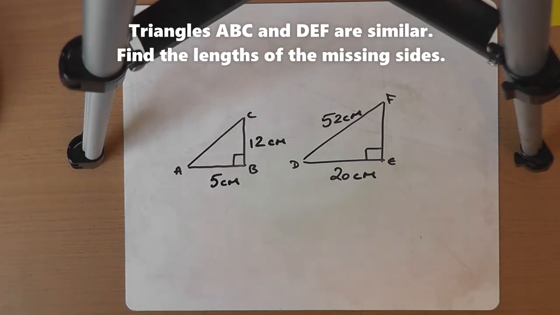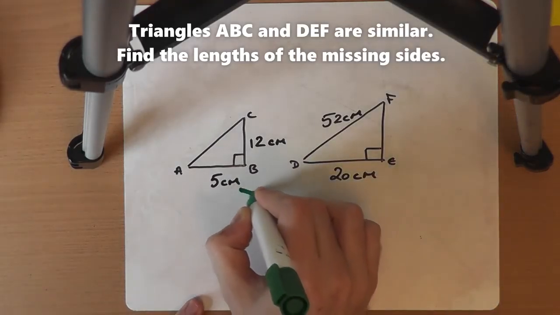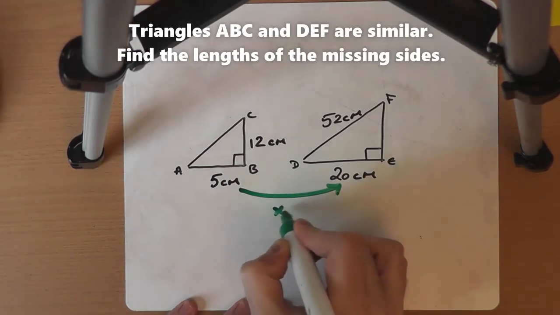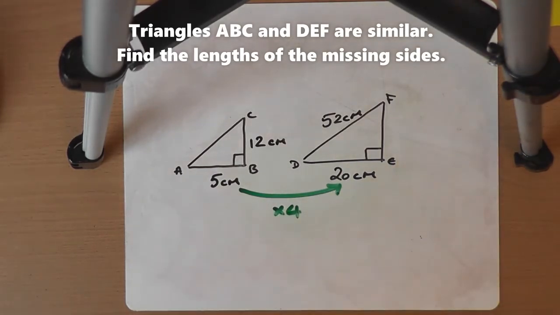We just need to know how much bigger the larger one has got. So we could look, for example, at this pair of sides here on the bottom. To get from 5 centimeters to 20 centimeters, we have made the shape 4 times bigger. If the shapes are similar, that means that the triangle DEF on the right has got 4 times bigger everywhere,